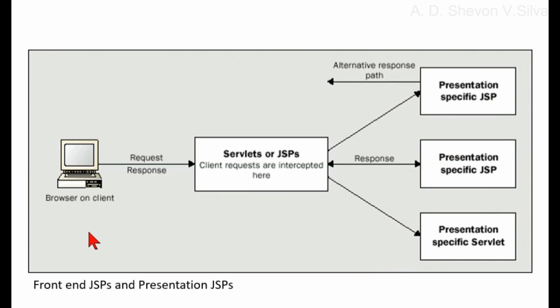The second part is identifying JSPs or servlets. As a rule of thumb, these should be divided into two categories depending on the role they play. We often call them web components in J2EE terminology. Front-end